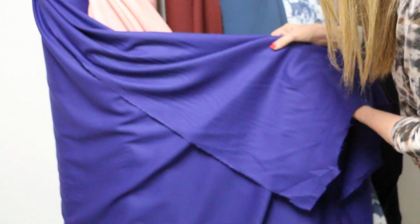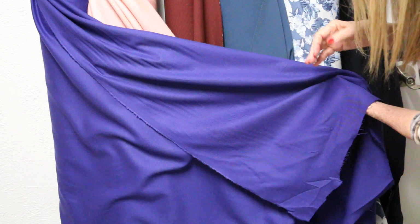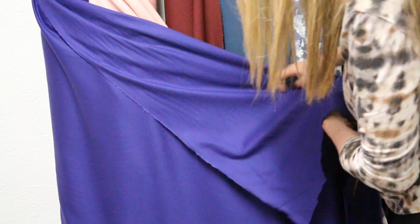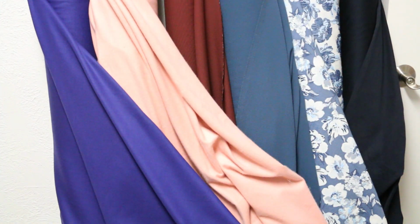This is, again, a color that could go year round. It's a big color for spring. It's been popular for fall, but it continues into spring. So the goal is, you guys, it's so fun to bring you these fabrics at just these ridiculous